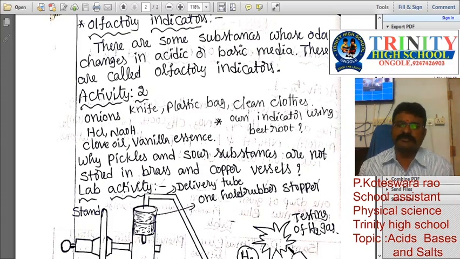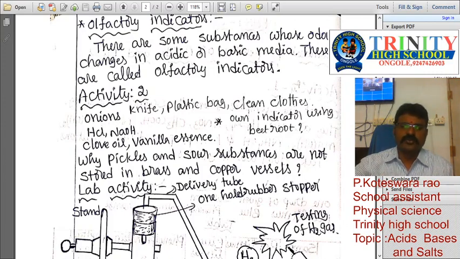Okay, what is the mechanism here? What happened? For that, we are going to discuss one of the most important concepts in our lesson. It is nothing but a lab activity. What is that lab activity? We already discussed it in 9th standard. There are some important side headings: head note, aim, materials required, precautions, procedure, observation, and finally conclusion.